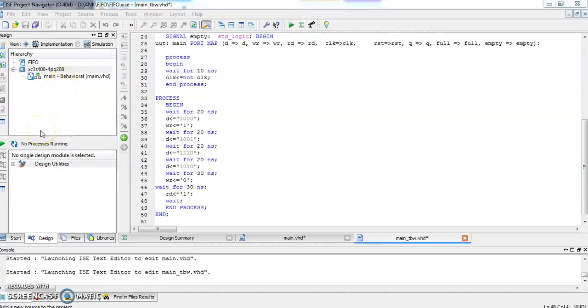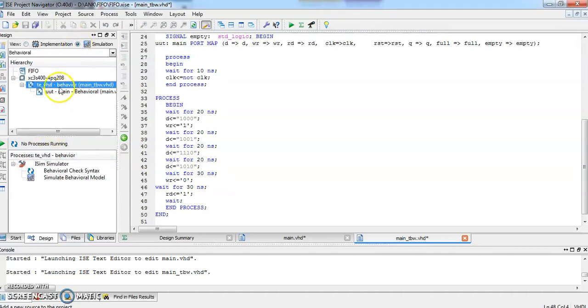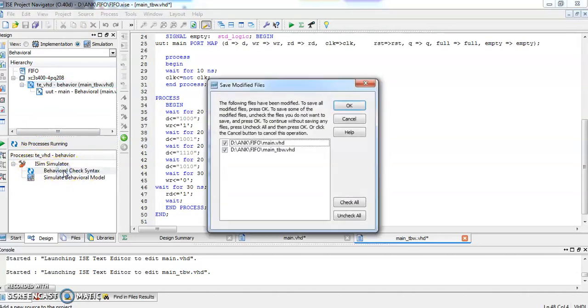To verify the syntax of the test bench waveform program, we have to go to the simulation window here, then select the proper file, then the iSim simulator will appear here, then click on behavioral check syntax.